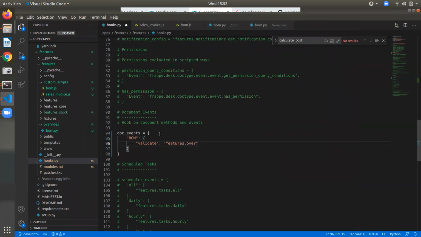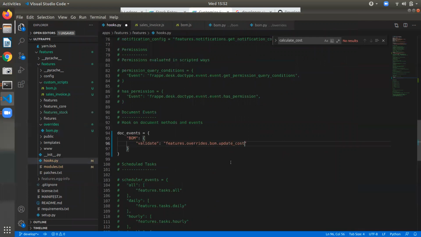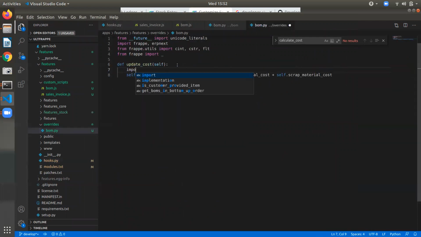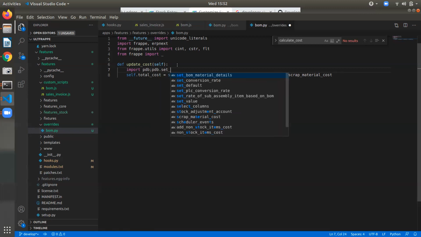Hooks dot override dot new dot update cost. But maybe let's see if it is happening or not. Set trace, dot set trace.